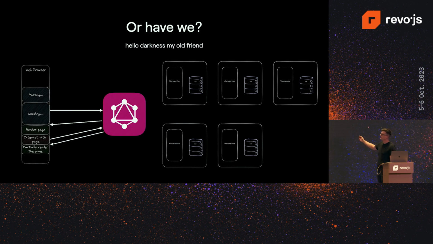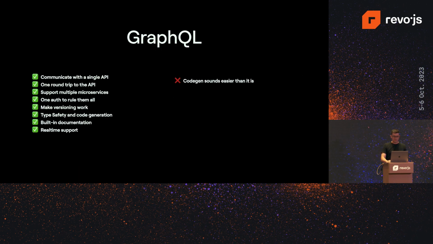They're still there. And it kind of helped fix the problem from the front-end side, but moved the problem just to the back-end layer, which is the GraphQL layer that would still have to aggregate data from all these sources and make sense of it. And GraphQL doesn't come for free.